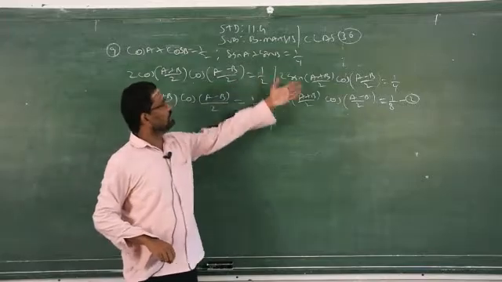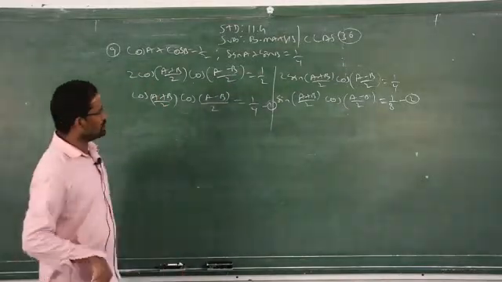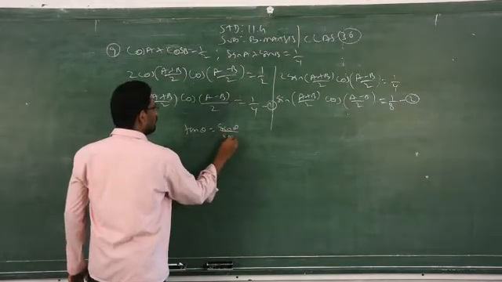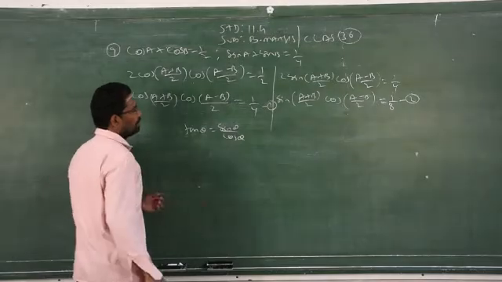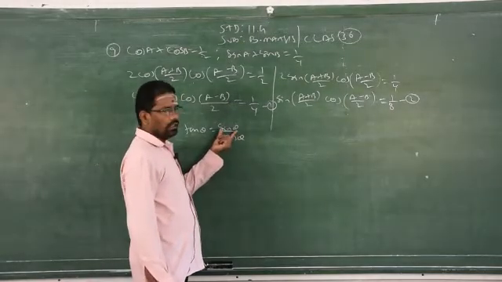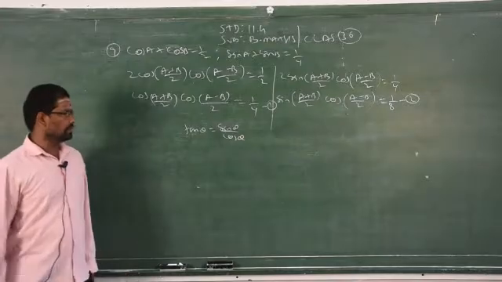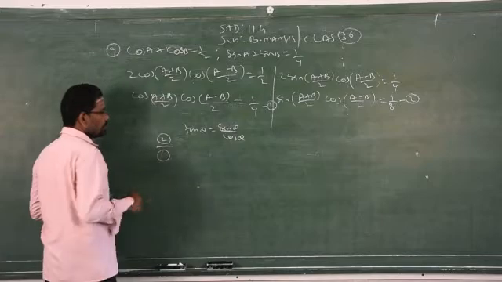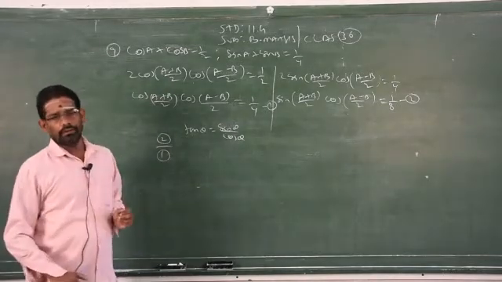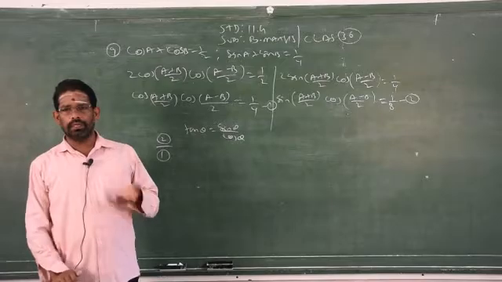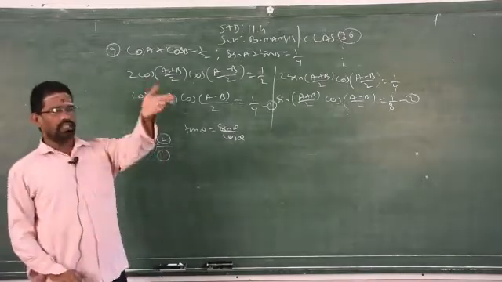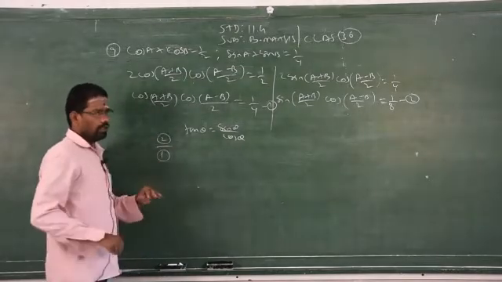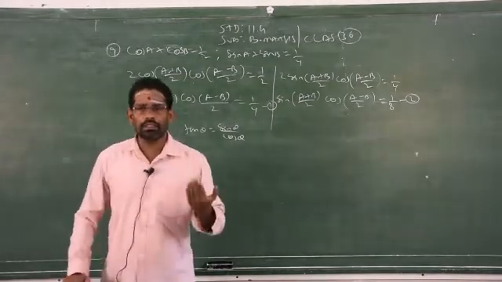So depending upon the right side, what do you want to prove? Tan. So what is tan? Tan theta is equal to sin theta by cos theta. So to get the tan format, you must have the numerator in terms of sin and the denominator in terms of cos. Therefore, you have to divide 2 by 1 so that you can get tan. If you divide 1 by 2, you will get cot, because cos by sin is cot theta. Then you take the reciprocal, you will get the answer. Clear? So either you divide 1 by 2 or 2 by 1. Only 1 or 2 steps will be increased or decreased.